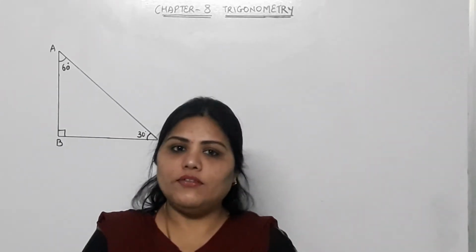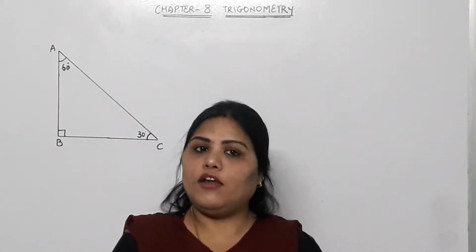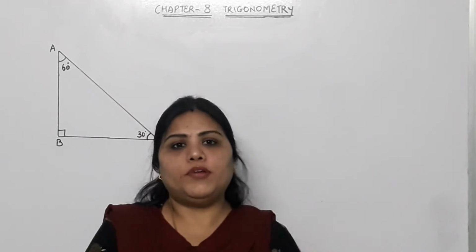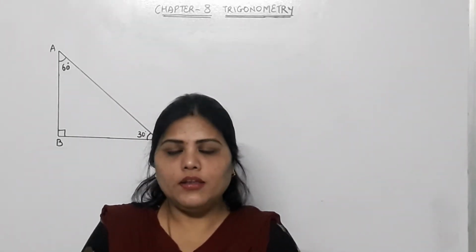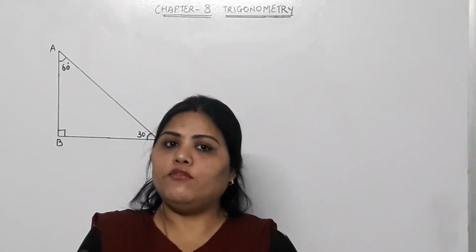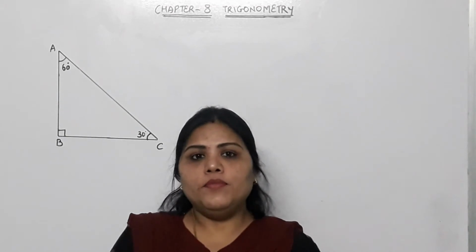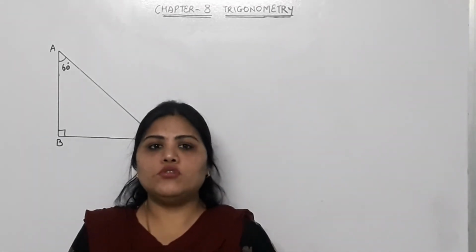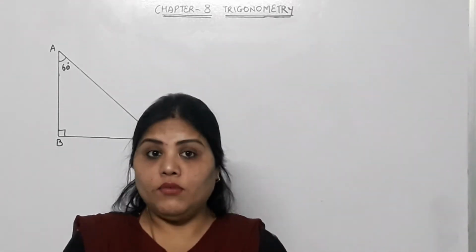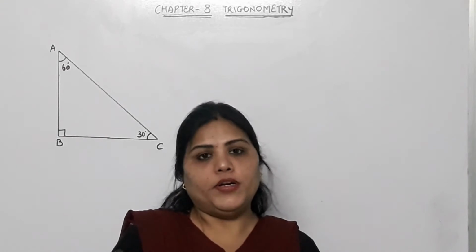Now this year we have learned the 30 degree, 60 degree, 90 degree triangle theorem and the 45, 45, 90 degree triangle theorem in the third chapter of triangles this year, right? So based on the theorems of 30, 60, 90 and 45, 45, 90 triangles, we are going to learn how to derive the values of the 30 degree angle, 60 degree angle and 45 degree angle. We will apply those properties and we will try to derive the trigonometric ratios.